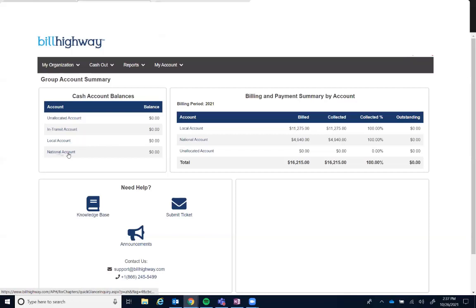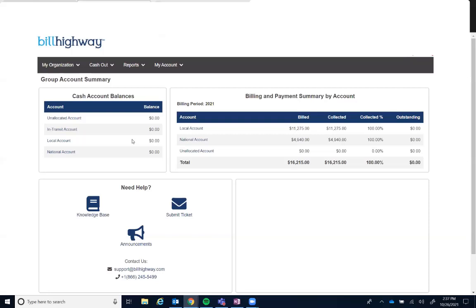So in the national account situation here, if there's funds that come in for anything national dues related or anything like that, whatever's in here moves off to AAF National. So you don't have to worry about making a payment, sending it off to National for whatever you need to. It's already set up. It will automatically sweep out to them. Same being said for this local account. This is a placeholder name for your local bank account for your club. And any funds that come in here and settle, they will be swept out again, 1 business day into your